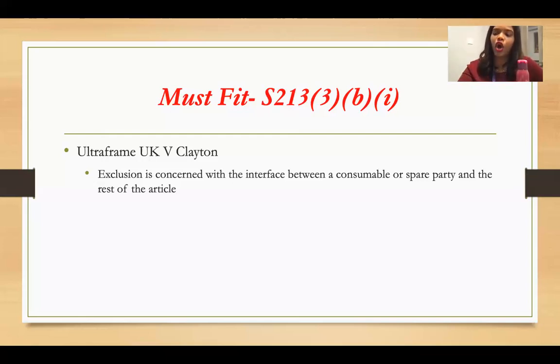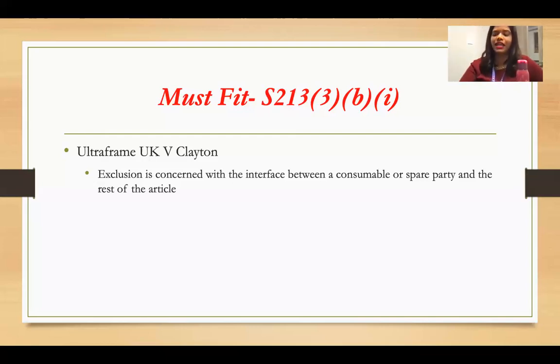In order to avoid monopolizing the market, they have this whole exclusion. So even when you lose the spare part, you can buy other manufacturers' spare parts. You don't have to rely on one person's spare part,